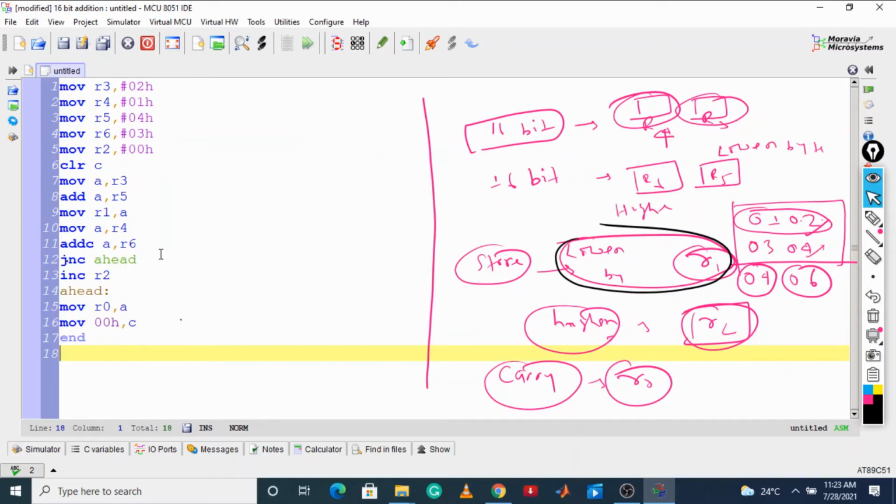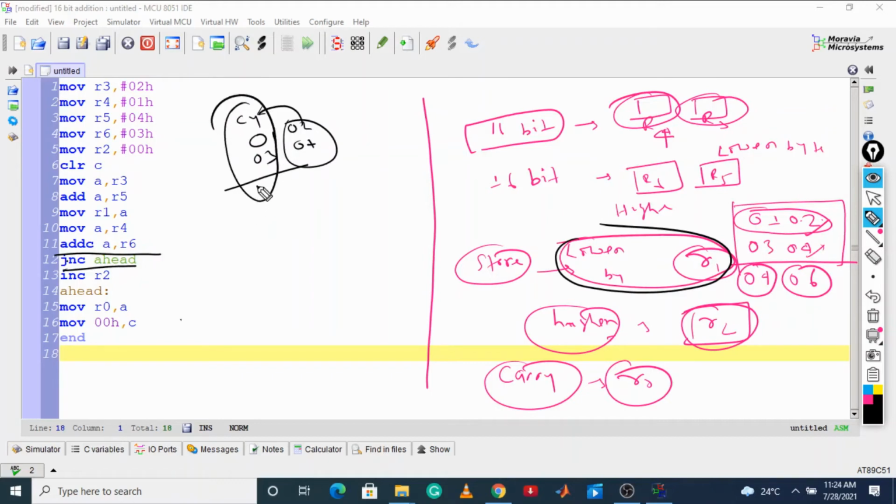Now if you want to understand what we have done after this one, JNC has support after the operation of this one. 0103 is the higher byte, and the carry that we have generated from 0204. Right now there is no carry, but when you add a higher number, then there will be a carry. Now after addition of this higher byte, suppose some number has come and a carry bit has been generated. Now when the carry bit is generated, then this command, now let me remove this one.